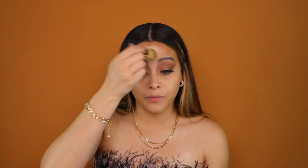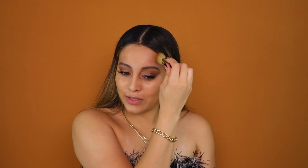I will say the formula feels very cooling on the skin. It feels very pleasantly cool, and I can even say hydrating. This formula feels really nice and hydrating. I feel like I am applying a hydrating mask right now, or I don't know, a moisturizer or something. All right, so as you can see here, we have our first layer of our Sublimage Le Teint foundation,